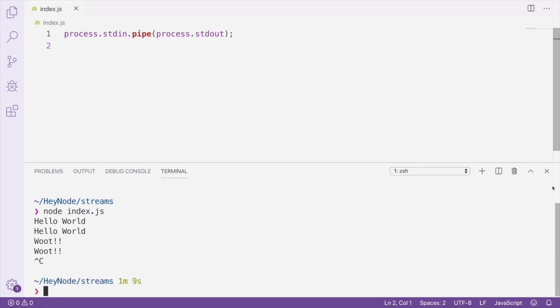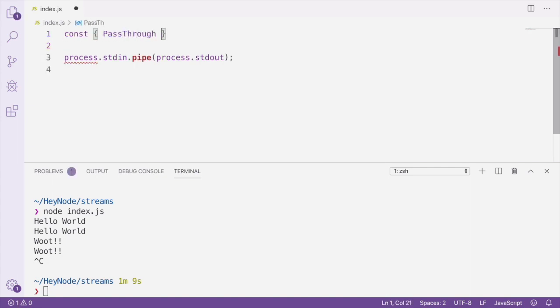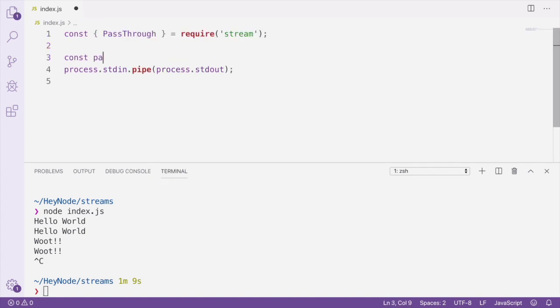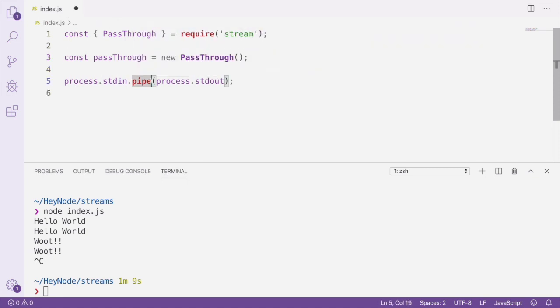Calling pipe returns the destination stream, which allows us to chain another pipe onto the stream if the destination stream also implements a readable interface. This example uses a pass-through stream to show how we can chain multiple streams together using pipe.